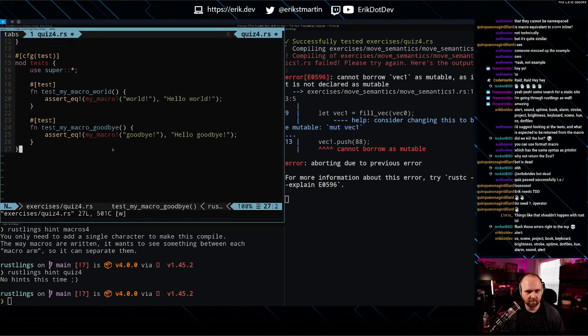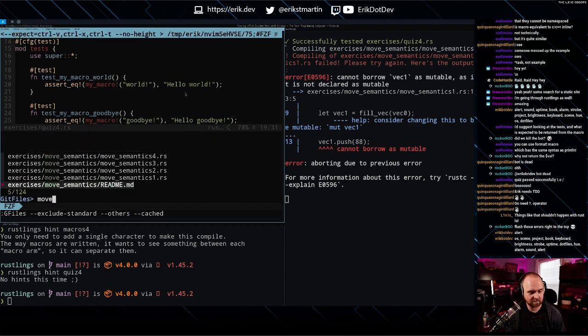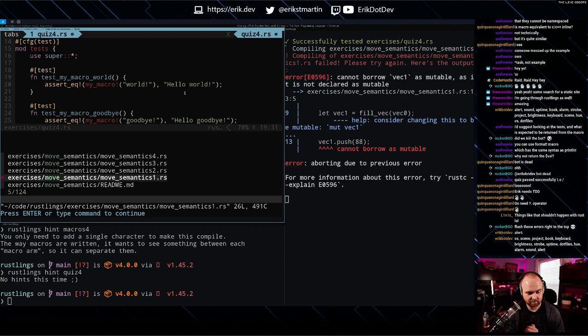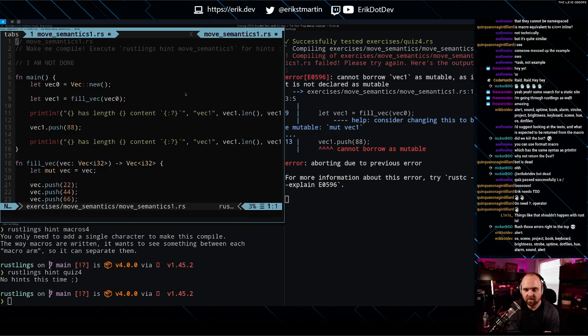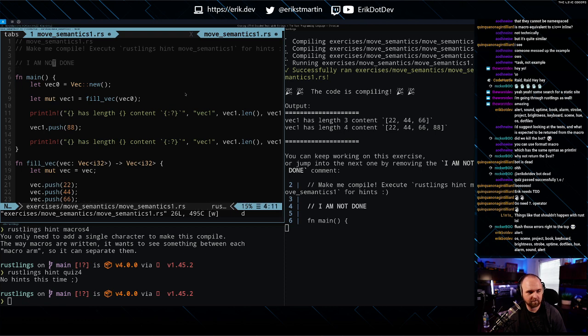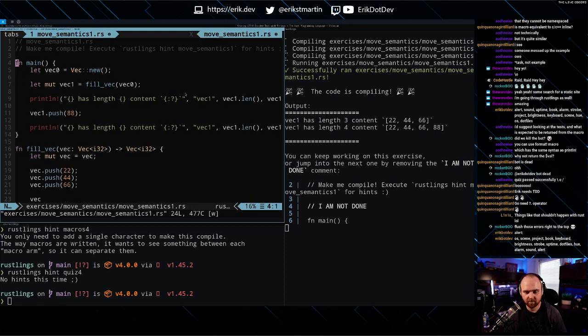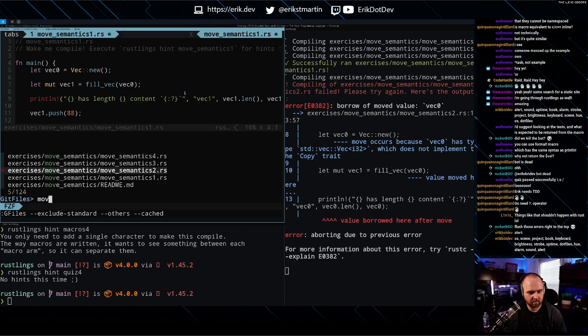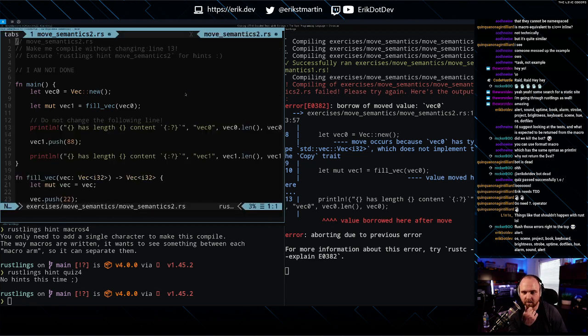All right. Let's see. Now we are on to move semantics. Can't borrow vec1 as mutable as it is not declared mutable. Okay, that sounds like an easy one to solve. All right.